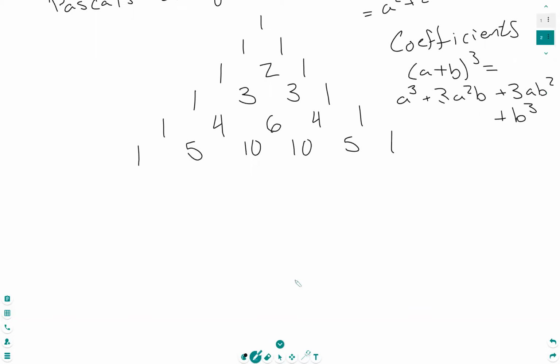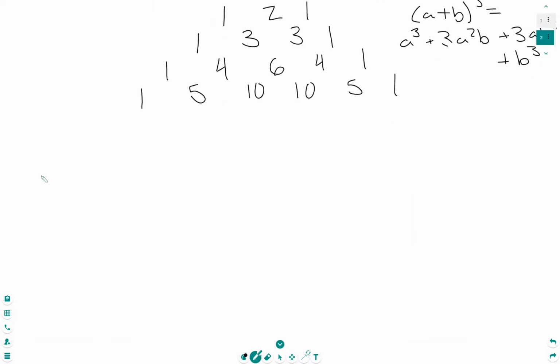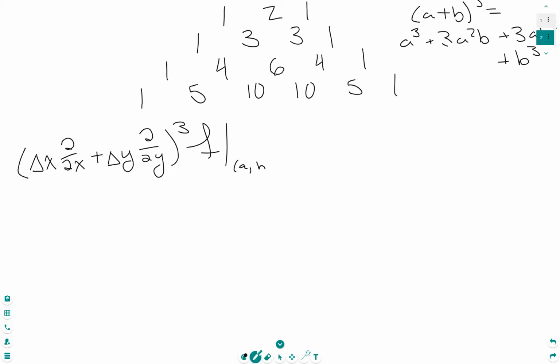So I guess let's do the third guy there. So let's say we're applying our differential operator 3 times to the function at (a, b). So notice I don't have the 1 over factorial out in front. I'm just doing this guy. So you would have to divide by 1 over 3 factorial, which would just be dividing by 6. But if I want to know what this guy is here,